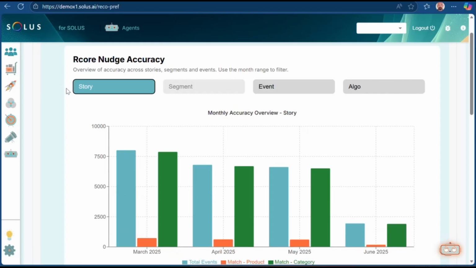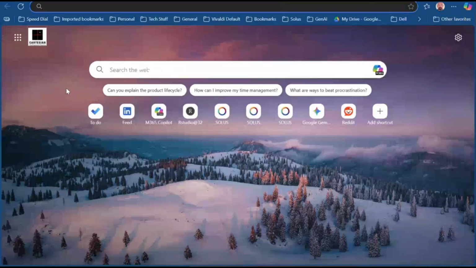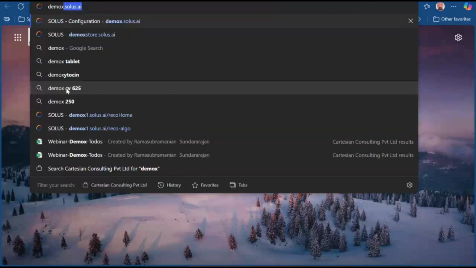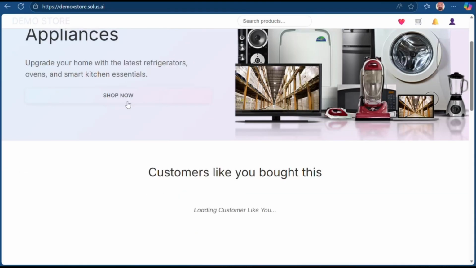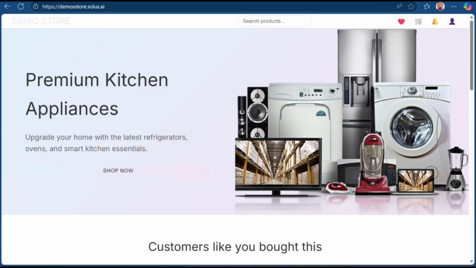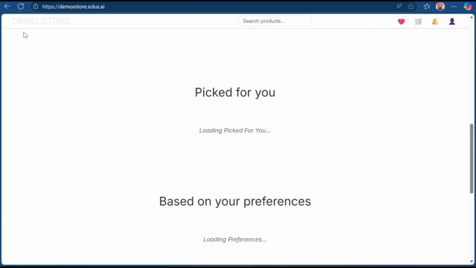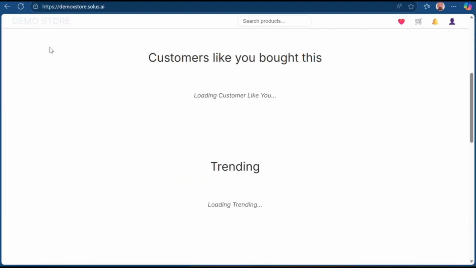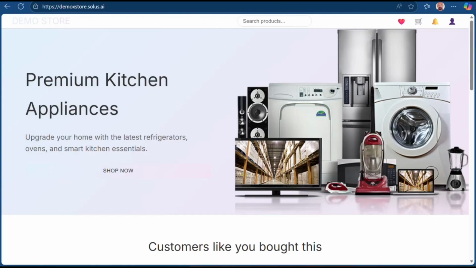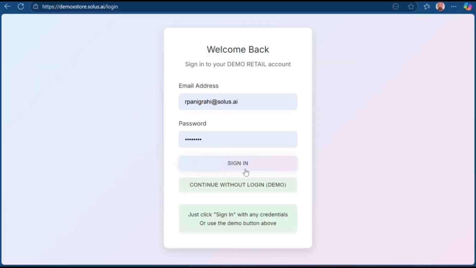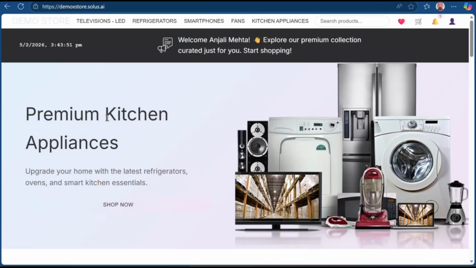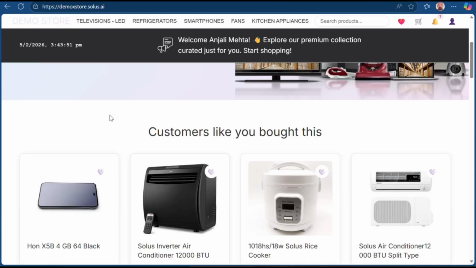So you've got all of these. The one other thing I want to talk about briefly when you do all of this is how does all of this play out when you're doing online recommendations, right? So let's say you have a website that looks like this. You have an apparel retail website and you want to recommend a bunch of products. Okay, so you also want an ability to say customers like you bought this, trending, picked for you, and so on and so forth. What you want to do is to be able to recommend a whole bunch of products when customers are essentially on the website, right?